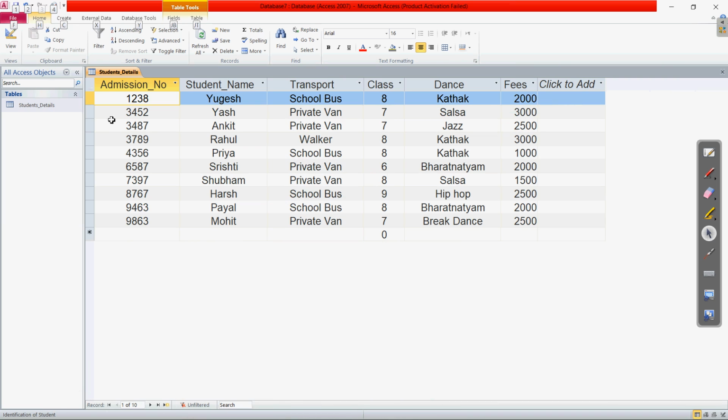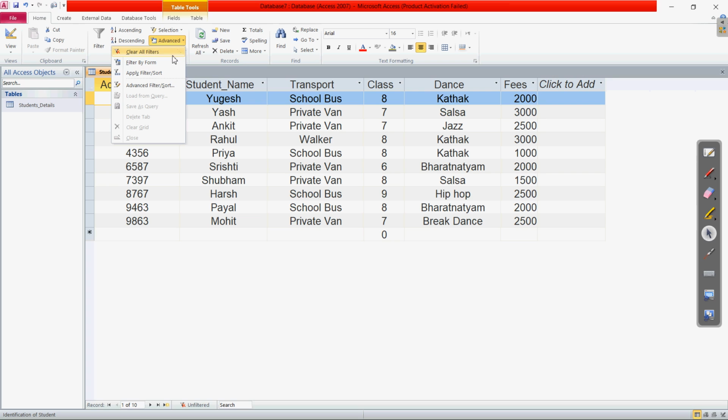Then we will get it practically. So first, we have opened the table. This is our table. Then we will come to the home tab, which we already know. In the home tab we will come to sort and filter, and then advanced. So let us do this. If we come to the home tab, then sort and filter, now click on the advanced option.